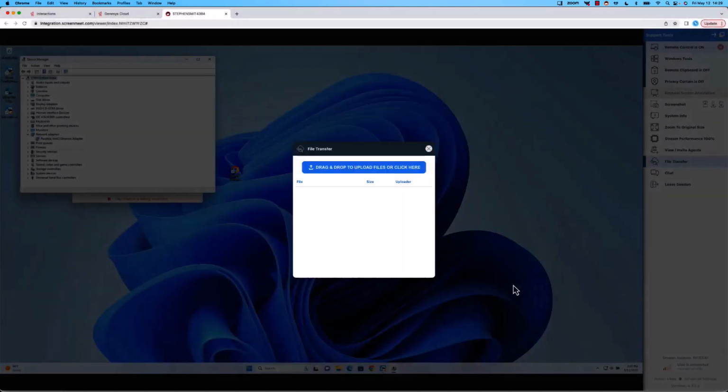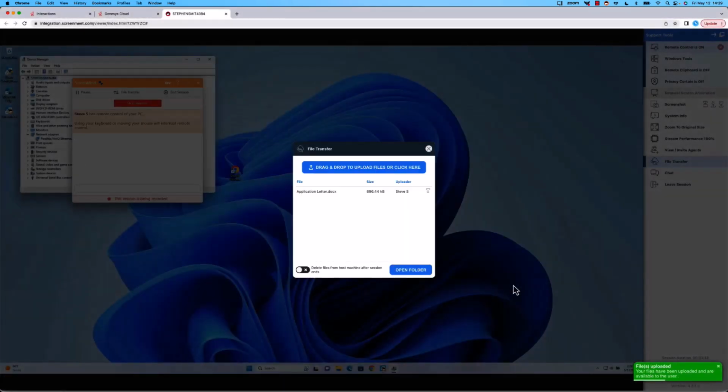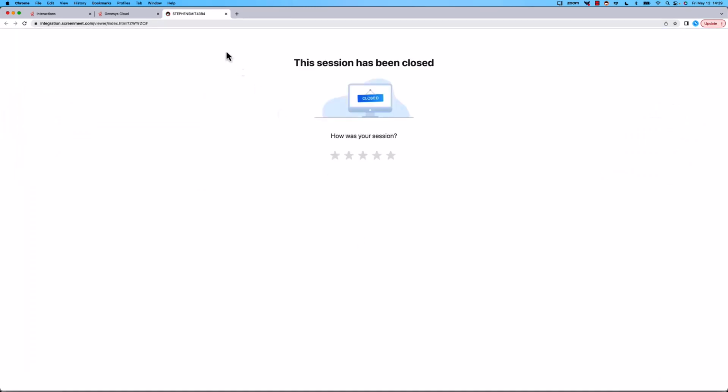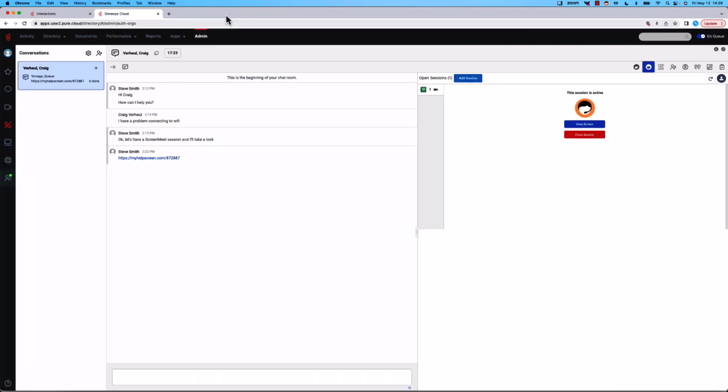These file transfers will be virus scanned during transfer, and you can also set them to be deleted once the session has completed. Okay, let's end this session, and we'll go back into our Genesys platform and review the session